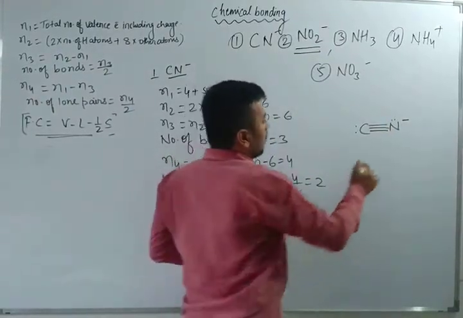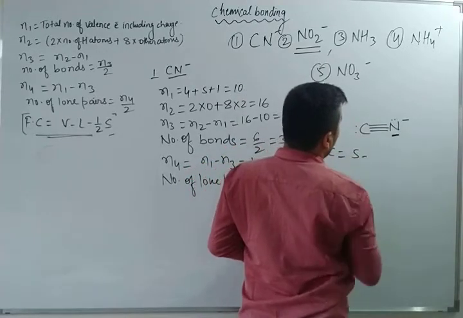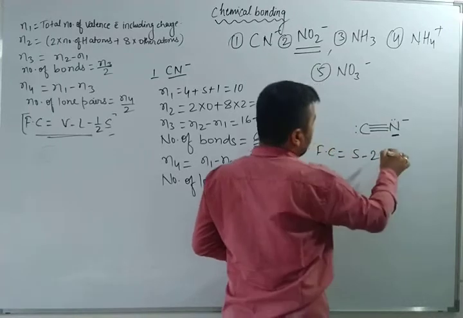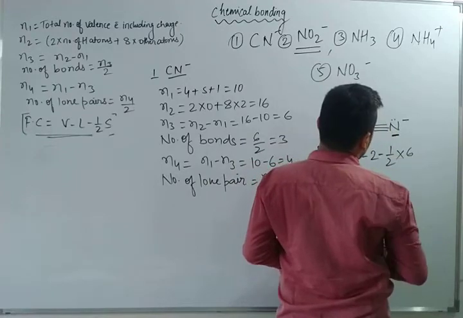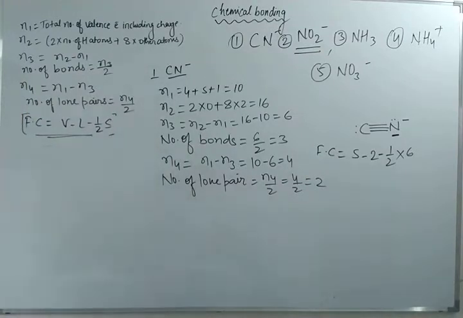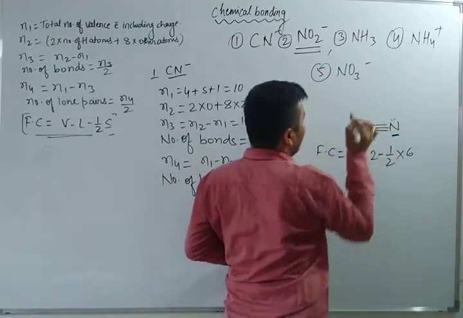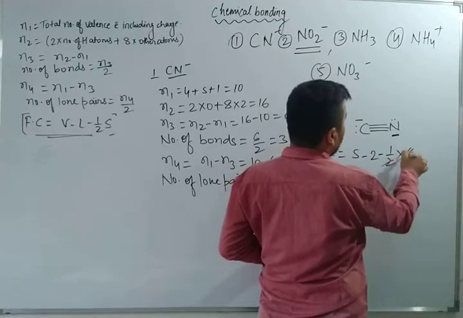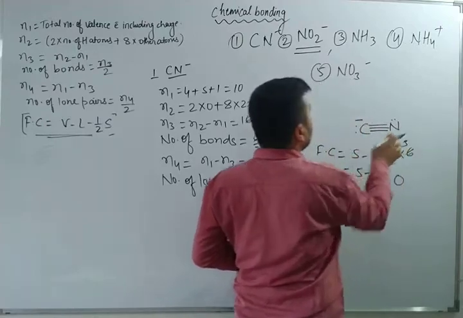Okay, now why this minus you want to calculate? Then just suppose we are calculating the formal charge of nitrogen. Valence electron 5, lone pair electron 1 lone pair, so 2 electrons, minus half into shared pair electrons 6. So now you can just check. So what will be the answer of this nitrogen? And here now the minus charge it will get here. Okay, let's check here. 2 plus 3 is 6, 5 minus 5 is equal to 0. So 0 charge of nitrogen. What is the charge of nitrogen?